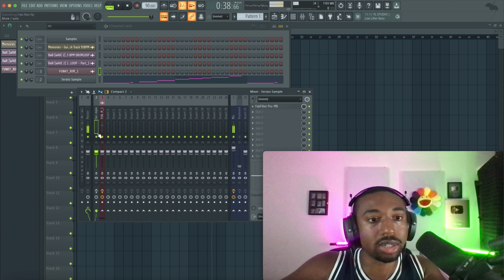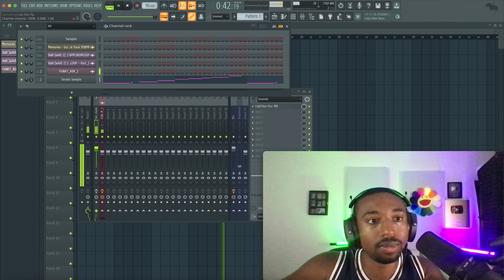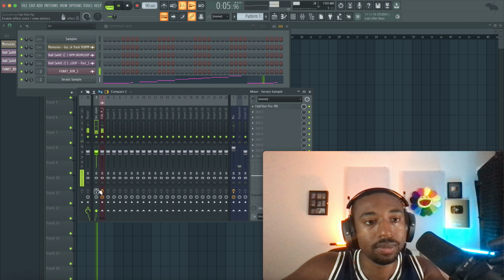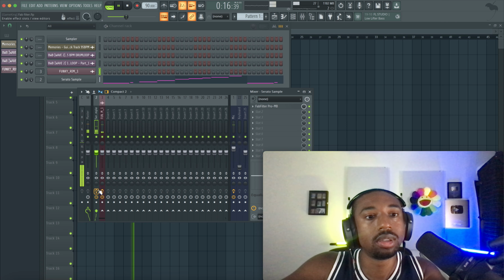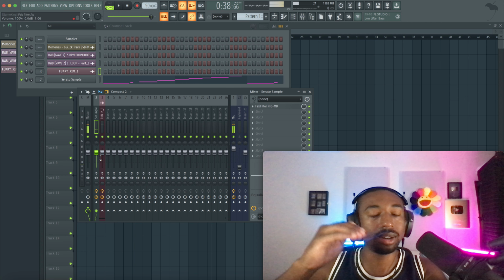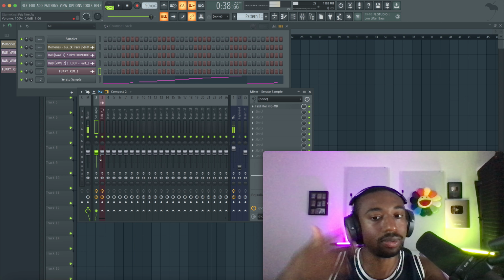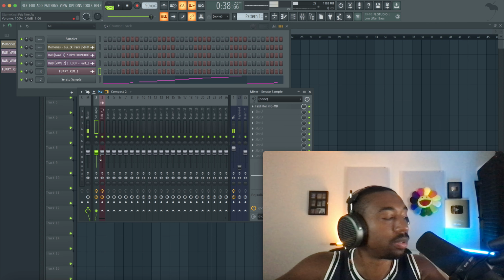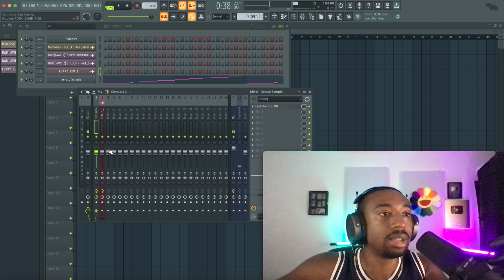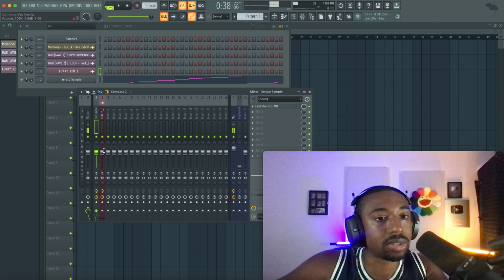So let's do a before and after. Here's before. Let me turn it up a little bit. Here's before. Here's after. See how it just stays there? And because it's gonna stay there, that guitar is gonna stay there, now our other stuff like the vocal and the drums can be more dynamic and more fluid and bouncy. And that's what creates that ability to add more dynamic to a sample. So that's great for sample stuff.